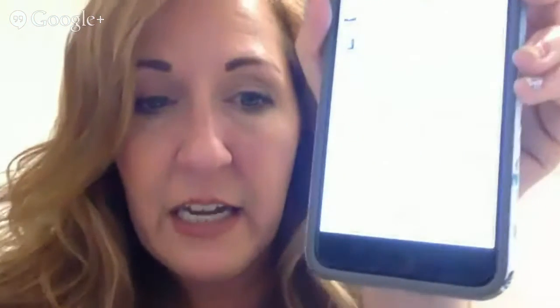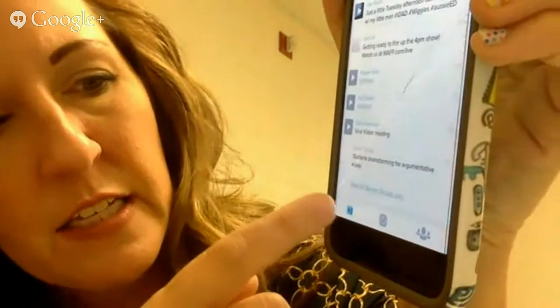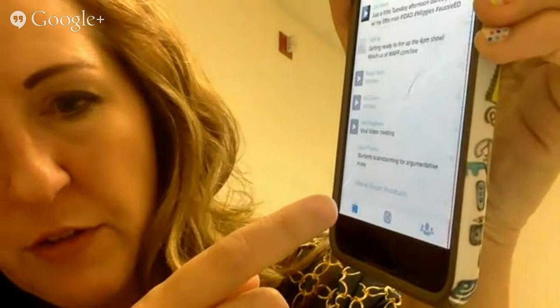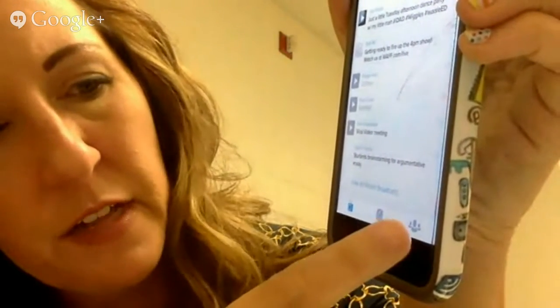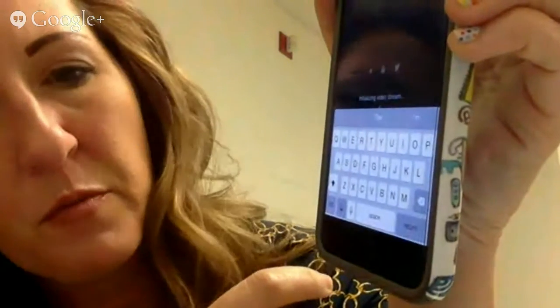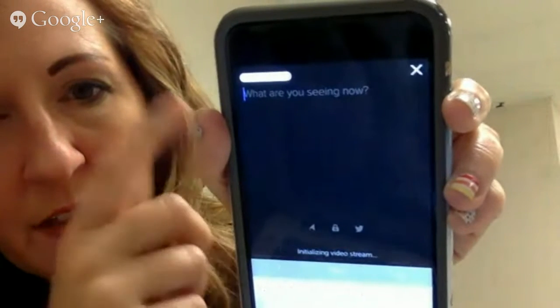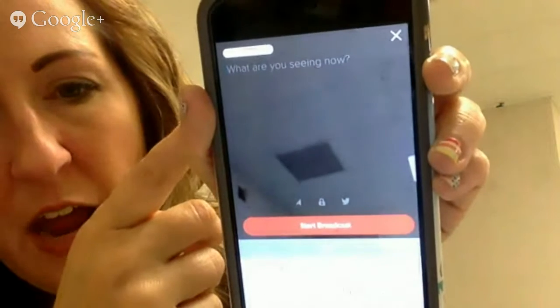All right. So what if we wanted to make our own in the class? Again, you download the app, connect it with your Twitter account, and then down here on the bottom, you have 3 buttons. The TV buttons where you can watch what other people have done. You have this button over here that's kind of like your profile and people you follow. And then right in the middle, this is where you could set up your broadcast. And so it says, where are you, what are you seeing now? And so what I'm going to do is put on here